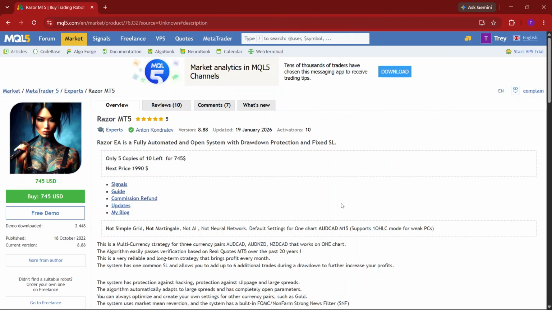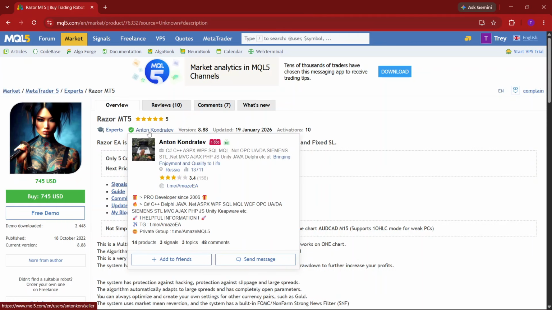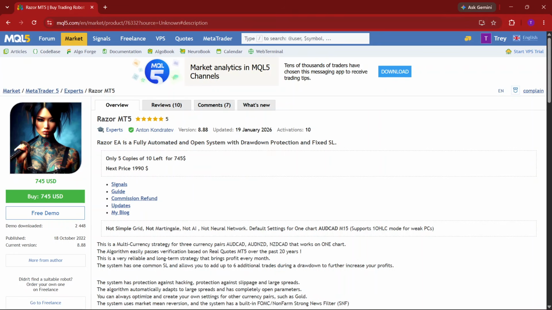Hello traders, welcome back to today's review on Razor MT5 AA by Anton Kondratev from Russia. It's been on the MQL5 market since late 2022, currently sitting at version 8.88 and priced around 745 bucks with that limited copy thing going on, as you can see here. His next price is stated to be